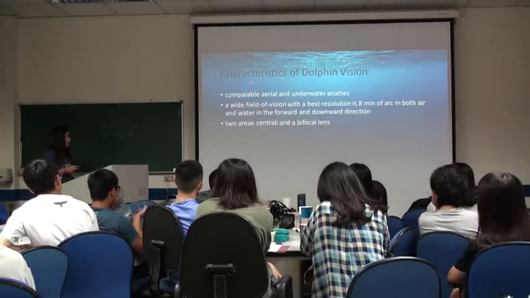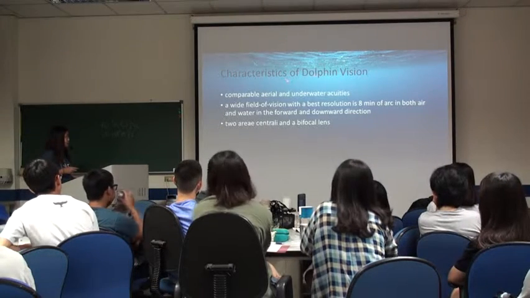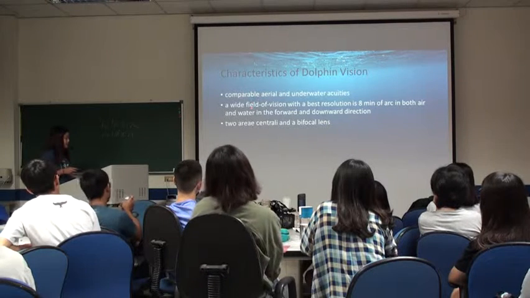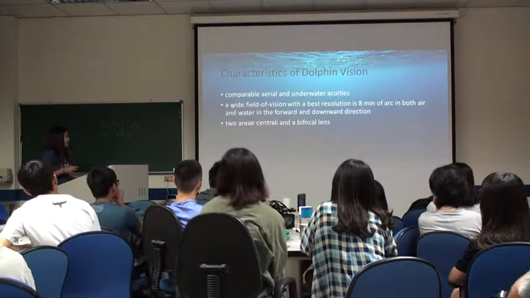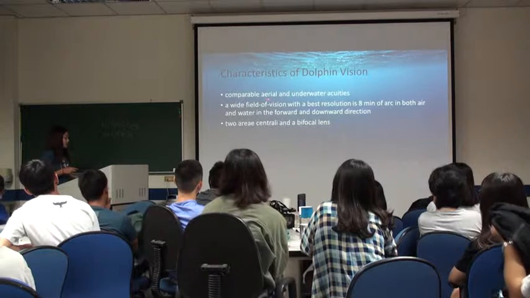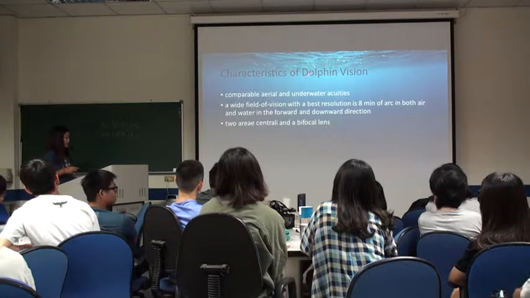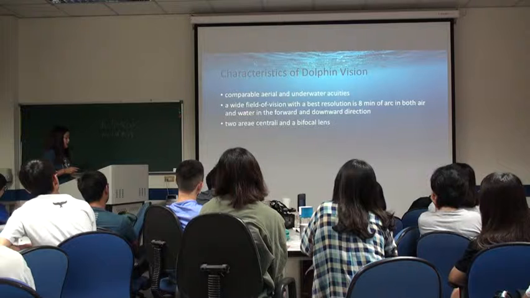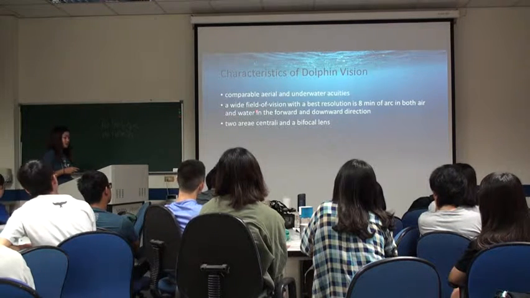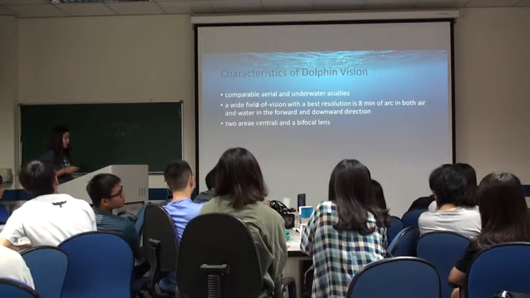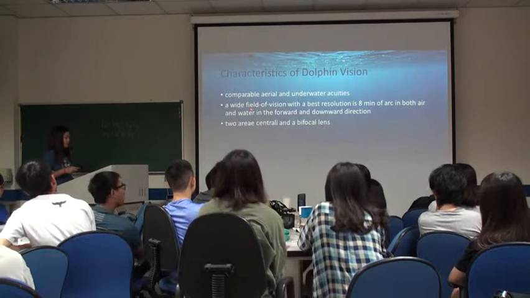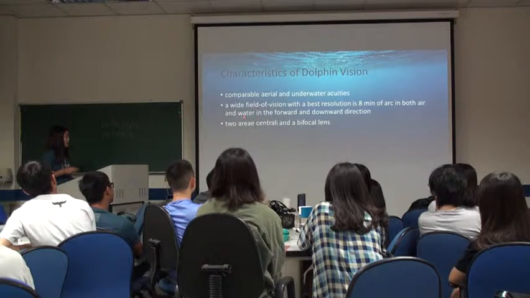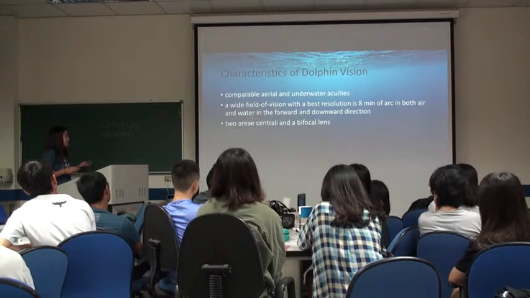And here are some characteristics of dolphins' vision. The first is they have comparable aerial and underwater activities, which means they can see things clearly in the air or underwater. And the second is they have a wide field of vision with the best resolution in both air and water, in the forward or downwards direction, which means whenever they look up or look down,